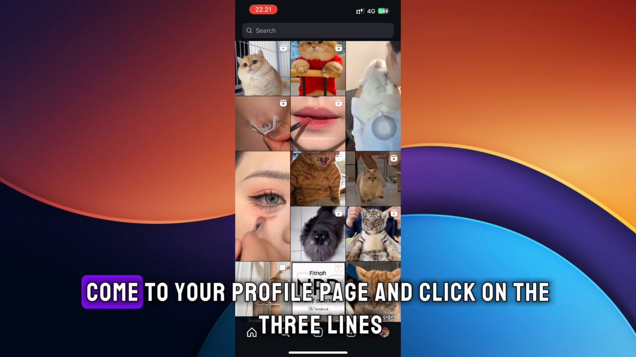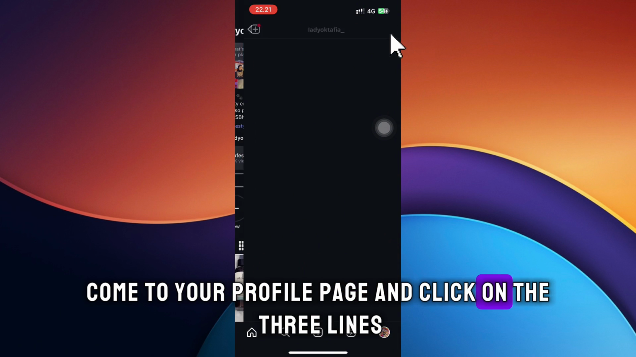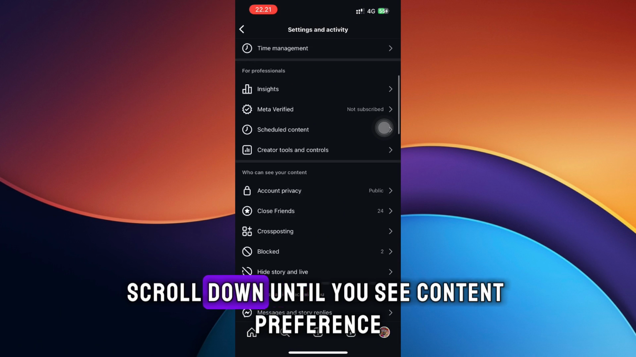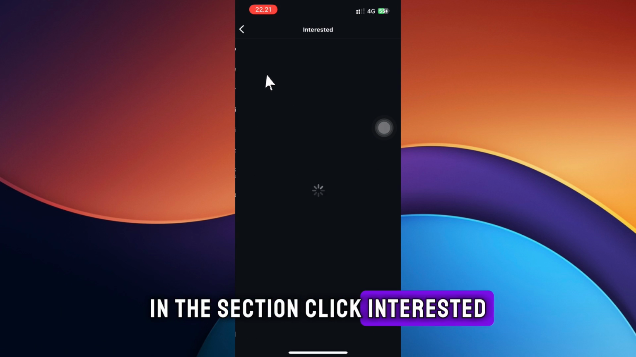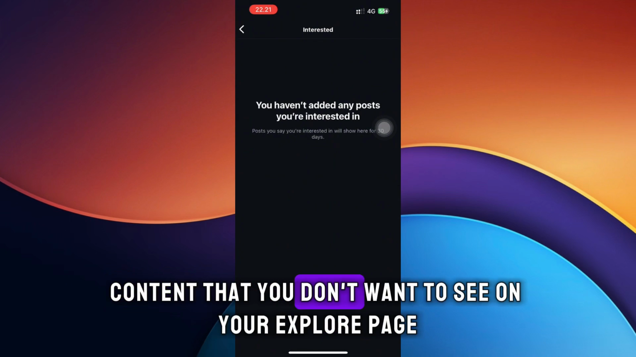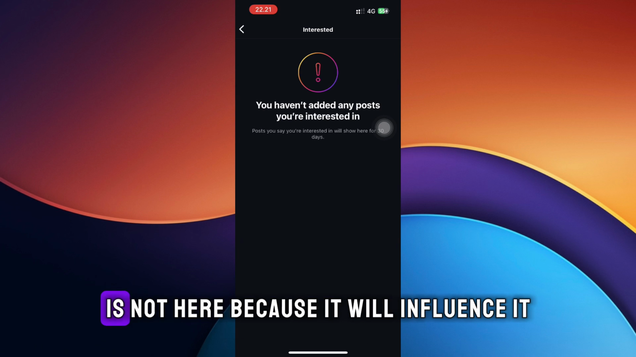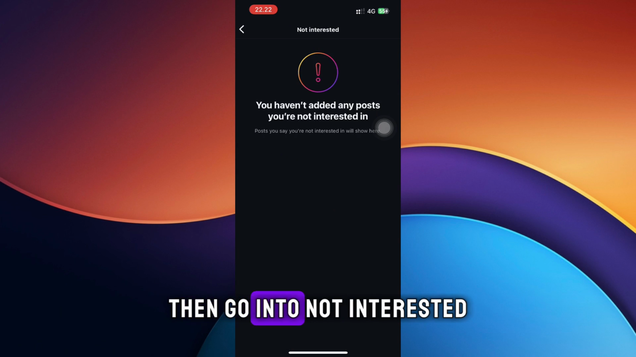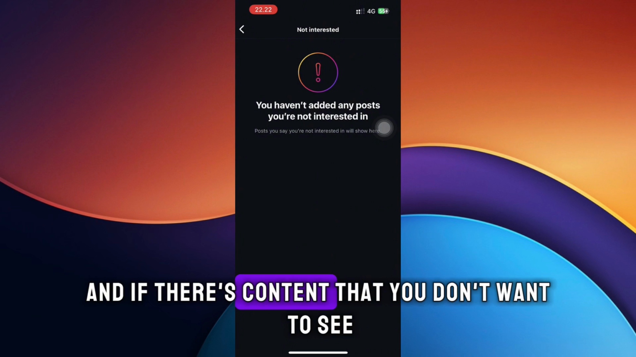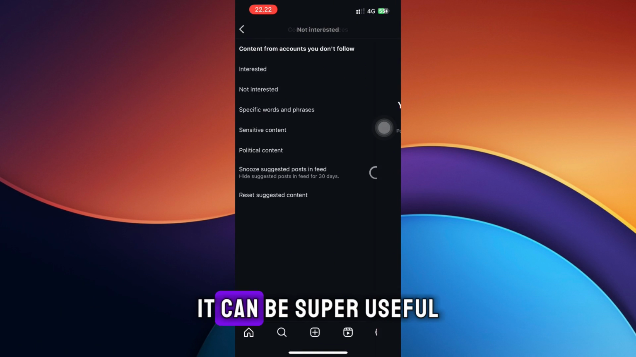First of all, come to your profile page and click on the three lines. Scroll down until you see content preference. In this section, click interested. Make sure content that you don't want to see on your Explore page is not here because it will influence it. Then go into not interested, and if there's content that you don't want to see, it can be super